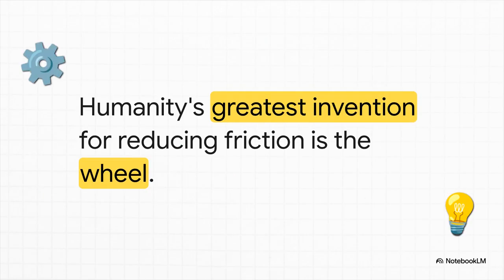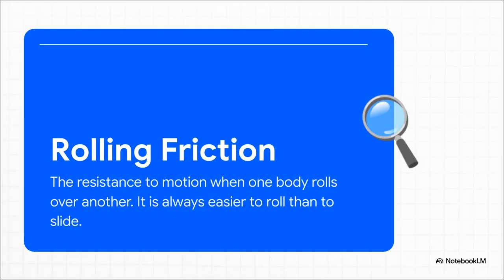Now, lubricants are great and all, but they really can't hold a candle to what might be the single greatest invention for conquering friction in human history: the wheel. See, the genius of the wheel is that it completely changes the game. It replaces that difficult sliding friction with something way, way weaker: rolling friction. Instead of having to drag an entire surface across another one, you're just gently putting down one tiny point of the wheel at a time. That's why pulling a heavy suitcase on wheels is easy, but trying to just slide that same suitcase is a nightmare. The wheel was a total game changer.